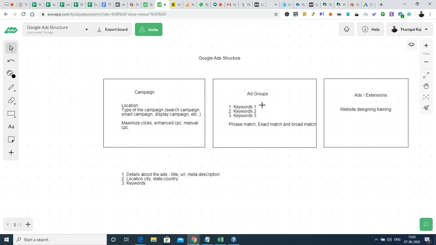So that ad group, I had created, let us say I had created three ad group categories. Okay, three keyword ad group categories. So one ad group will have 10 keywords. For an example, keywords one,